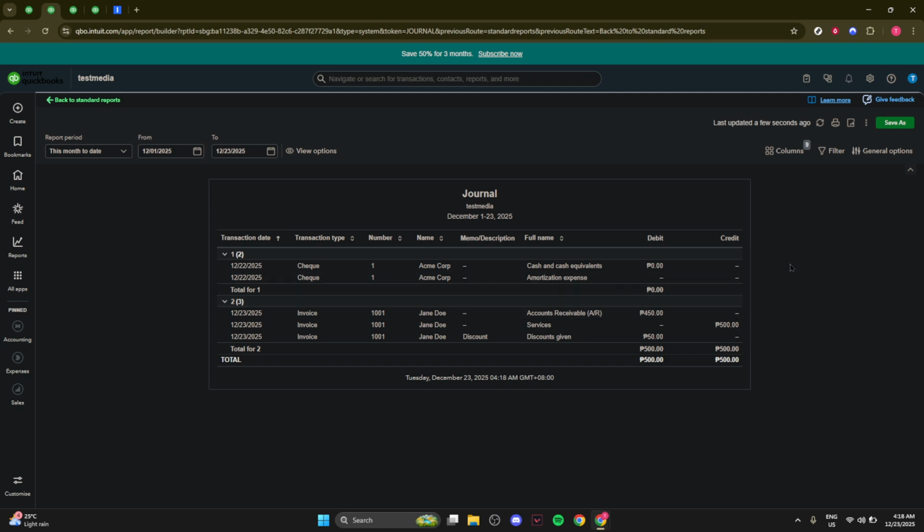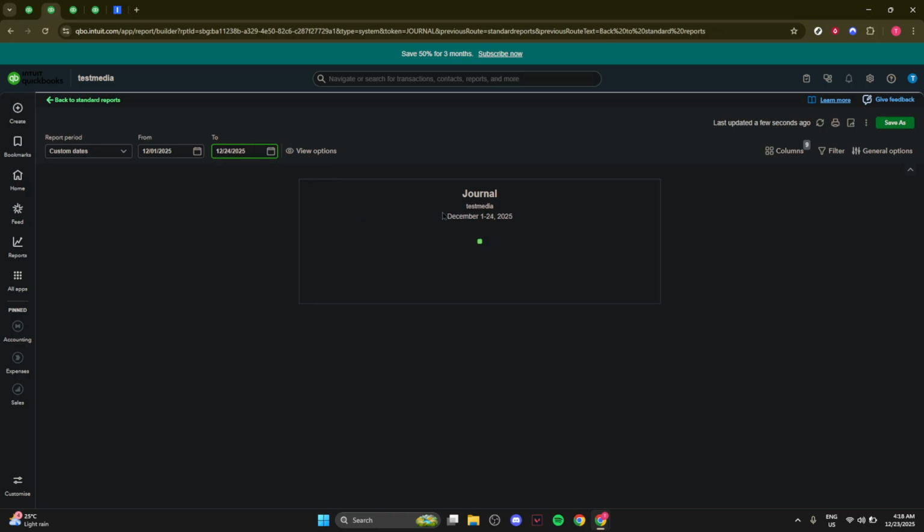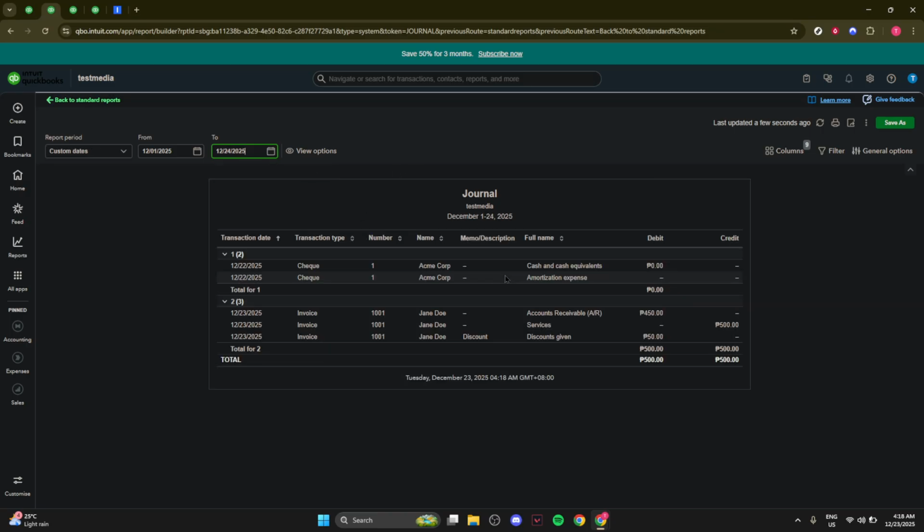QuickBooks will refresh and display your results for that date range. If you don't see what you expect, double check the dates and try expanding the range. The report shows each journal entry broken into lines by account, with columns such as date, transaction type, number, account, memo, debit, and credit. Remember, every journal entry is a balanced pair or set of lines, so total debits equal